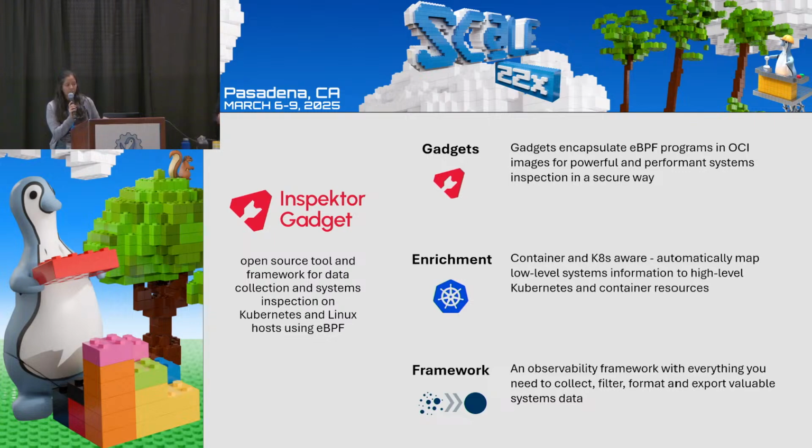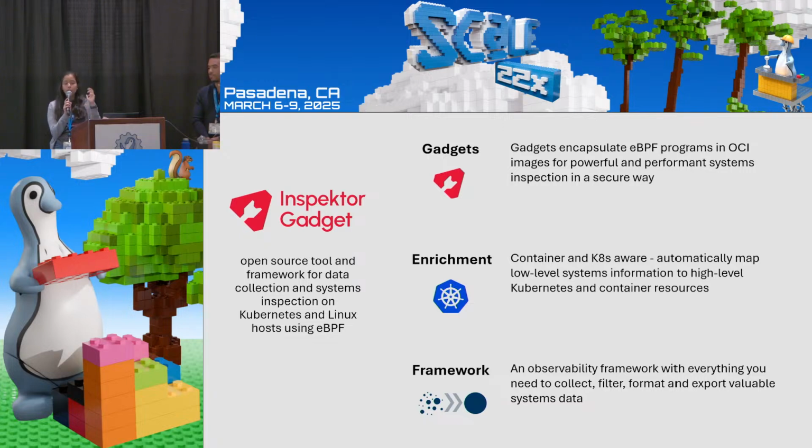So with Inspektor Gadget, we've created an open source tool and framework for data collection and systems inspection on Kubernetes and Linux hosts using eBPF. So we have this tool that is meant to be a one-stop shop for you to collect the granular kernel-level data from your system and understand it in a context that makes sense to you. The three components that we talk about the project in are gadgets, of course. First, the key component is that these gadgets encapsulate the eBPF programs in OCI images,